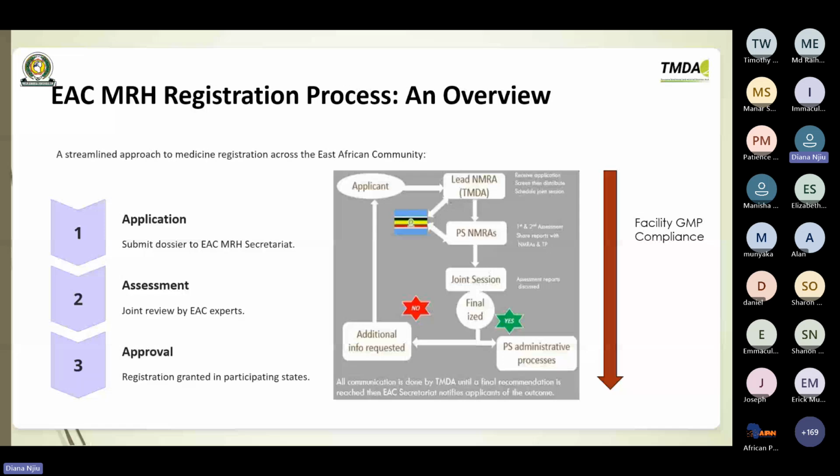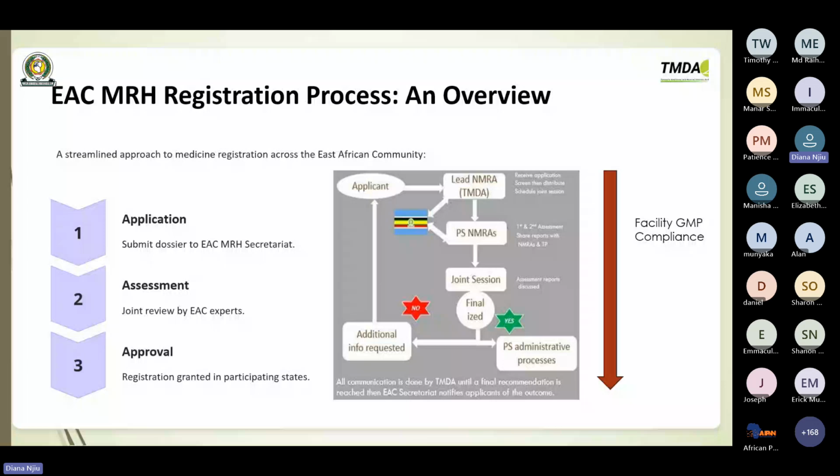whereby registration is granted in all participating states. So we receive approval from EAC and then the approval is granted in all participating states. The diagram on the right side clarifies the process, whereby the lead NMRAs will receive the application. Stepwise, they screen the application and distribute it. They also schedule a joint session, whereby the dossier or the technical information that you have submitted to the EAC